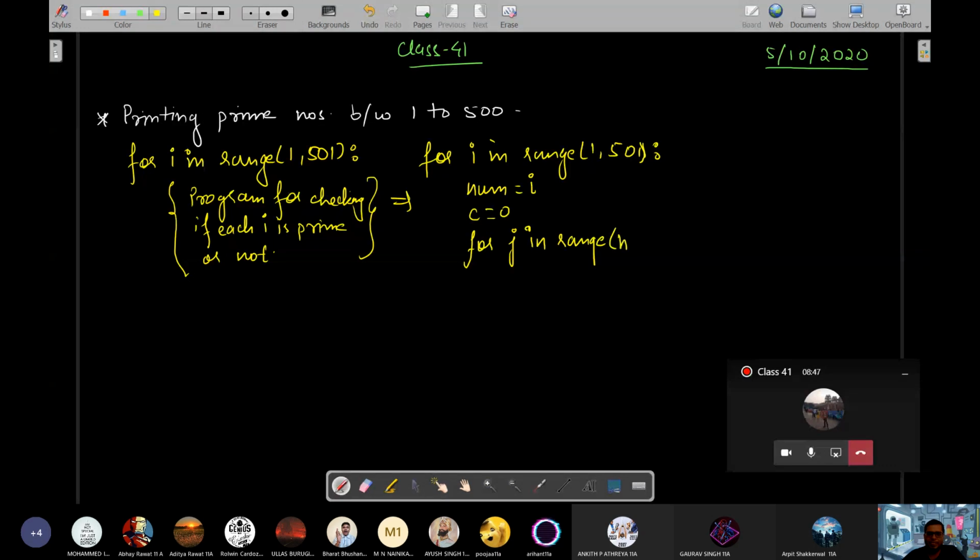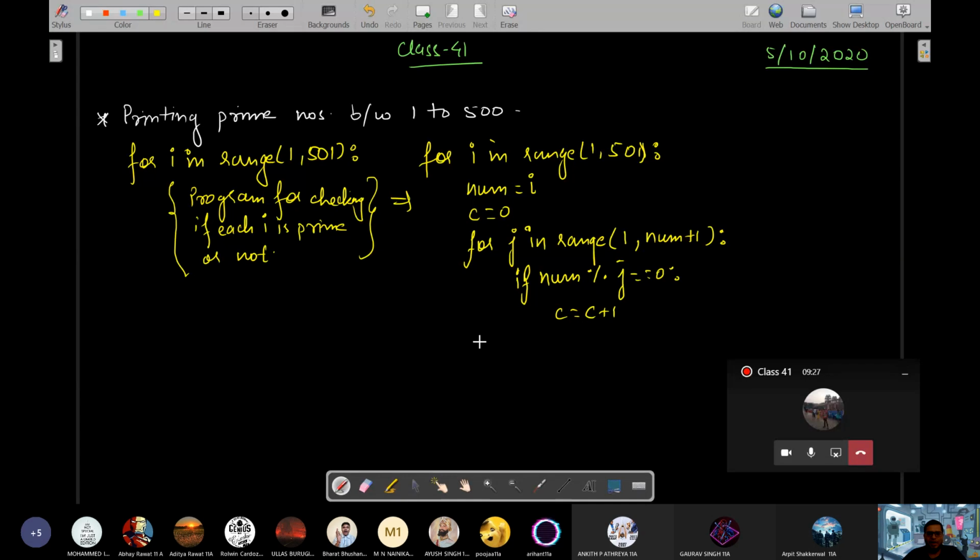The first time we will check from 1 to whatever that number is, rather 1 to num plus 1. Each time j will become one number between 1 to that number. Okay, and you will check if num mod j is equal to 0, that means for that number you have got a factor, so you will increase c by 1.